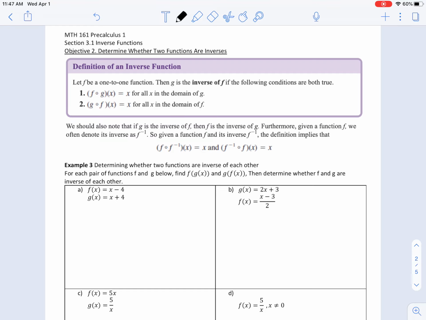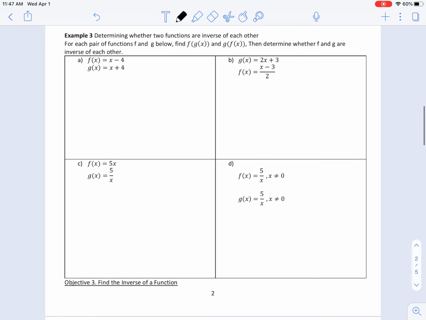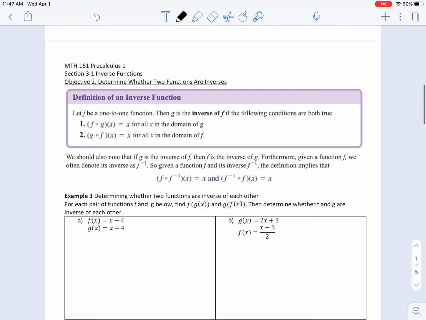But I will come back and probably do a little shorter video where I just go over the second objective on determining whether two functions are inverses. This one will be about like 20 minutes. But for right now, you